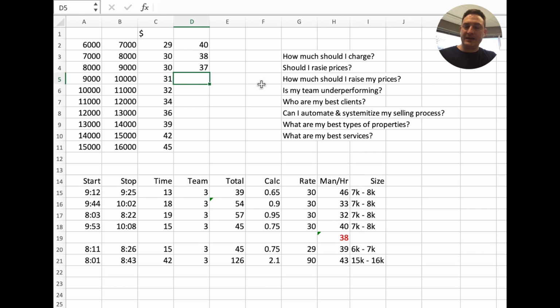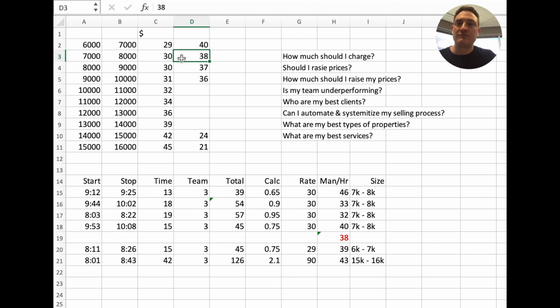Again, I don't want to take too long here. Let's just say it looked something like this. And by the time you get down here, your average is $21 a man hour. You can start to see where your sweet spot is. My sweet spot is at 7 to 8,000 gross lot square feet. That's where my sweet spot's at, 6 to 7. And you can do this with fertilization, weed control, everything. So then you can start to extrapolate,